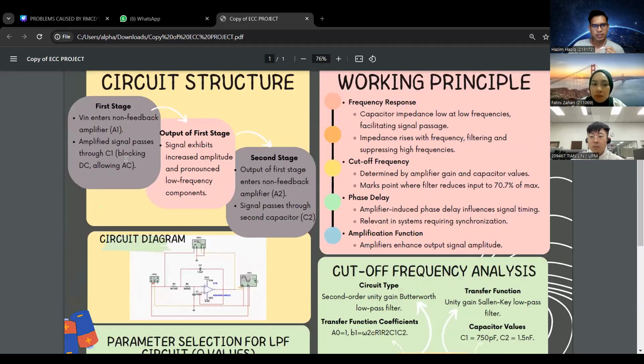The next stage is the output of the first stage, which is the signal that exhibits increased amplitude and pronounced low frequency components. So in the first stage, the input signal undergoes amplification and filtering, resulting in a signal with increased amplitude and pronounced low frequency characteristics. The output of the first stage then enters the second stage where the process is